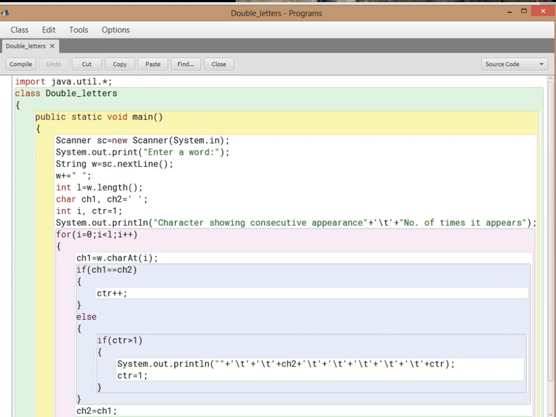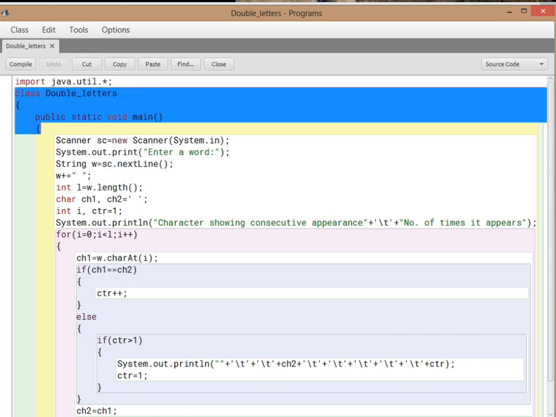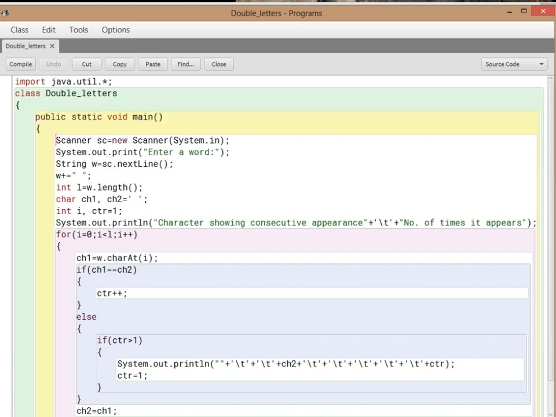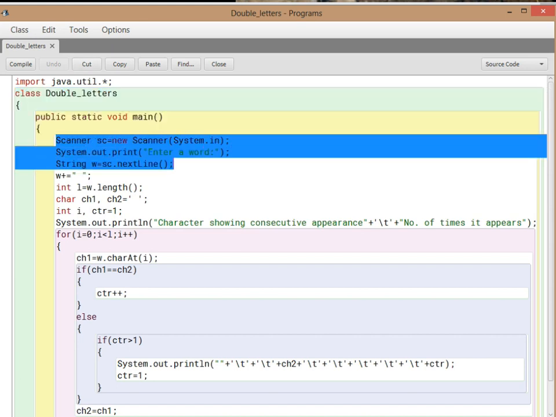Now in the first line, usually import java.util for taking the input as a Scanner, then the definition of class Main. After that, these 3 lines are used for taking the input of the sentence: Scanner sc equals new Scanner(System.in), System.out.print enter a word, then String w equals sc.nextLine().